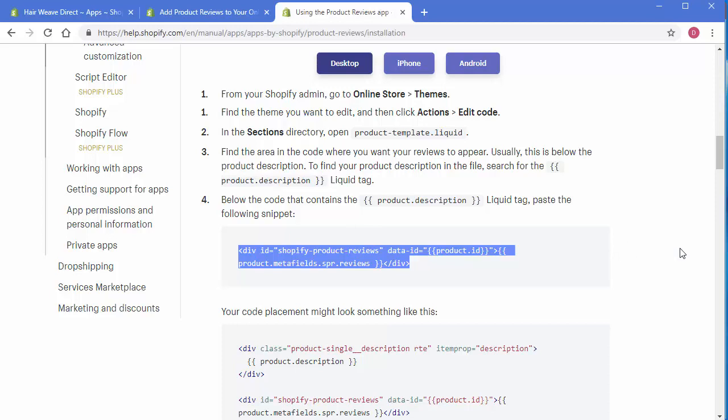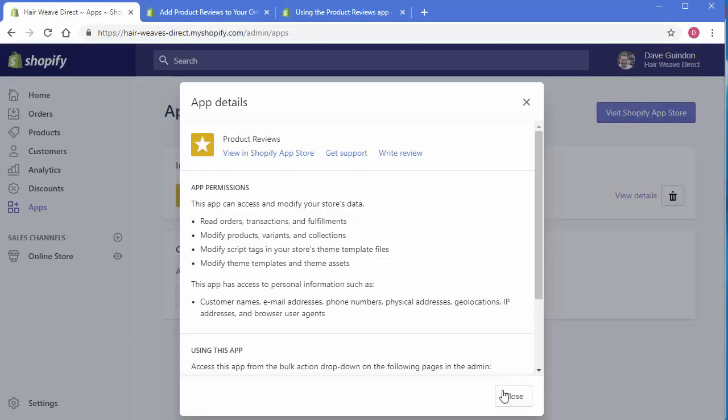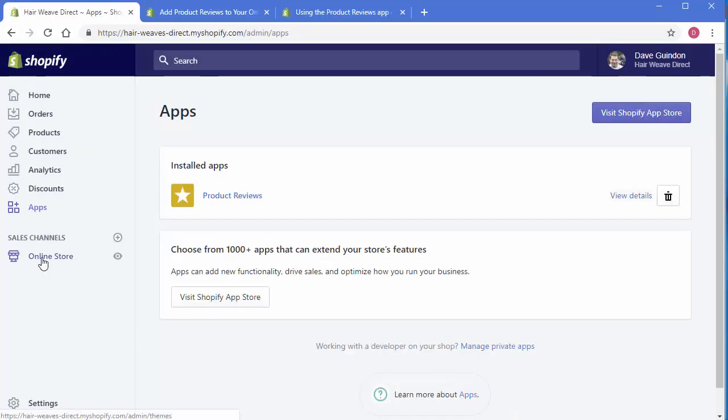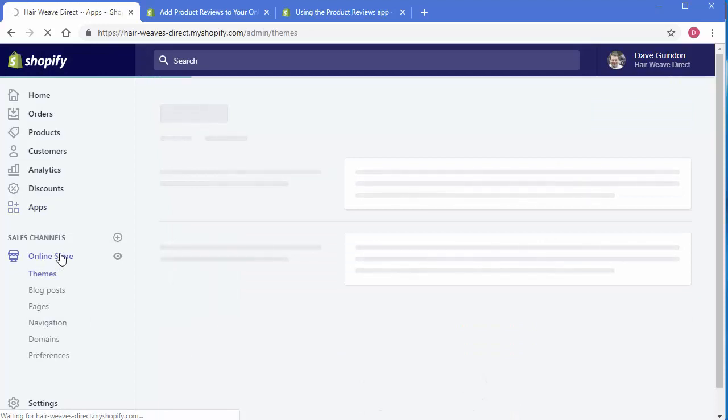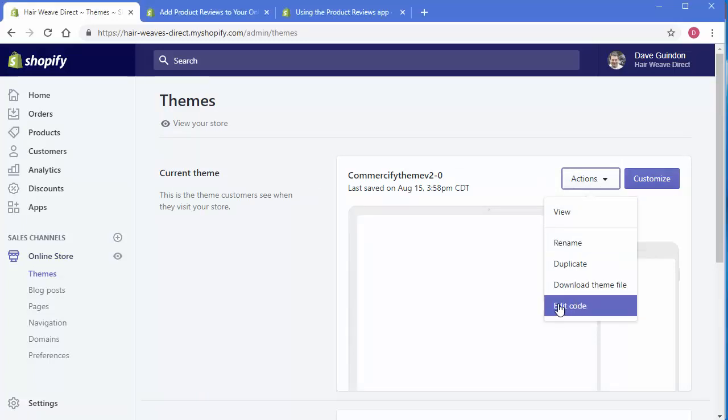So let me quickly show you how to do that. This information is already provided by Shopify here, but inside of your account, click on Online Store, and then select Actions, Code Editor.